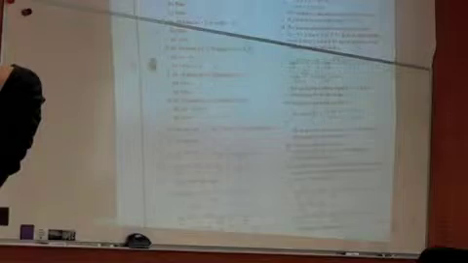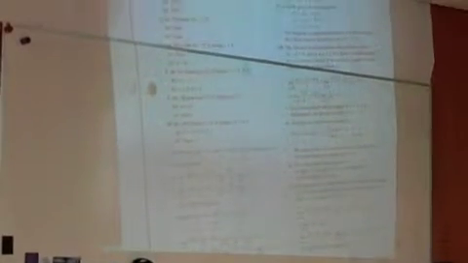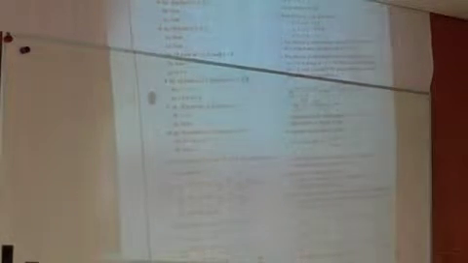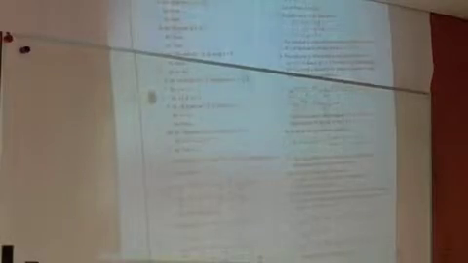11, it has a discontinuity because the limit value doesn't equal the function value at 0. 13, limit from the left is 0, the right is 2, so it's got a corner there, not differentiable. And 15, limit from the left is 5, limit from the right is 1, so it's got a corner. Since the derivative from the left does not equal the derivative from the right, the function is not differentiable at